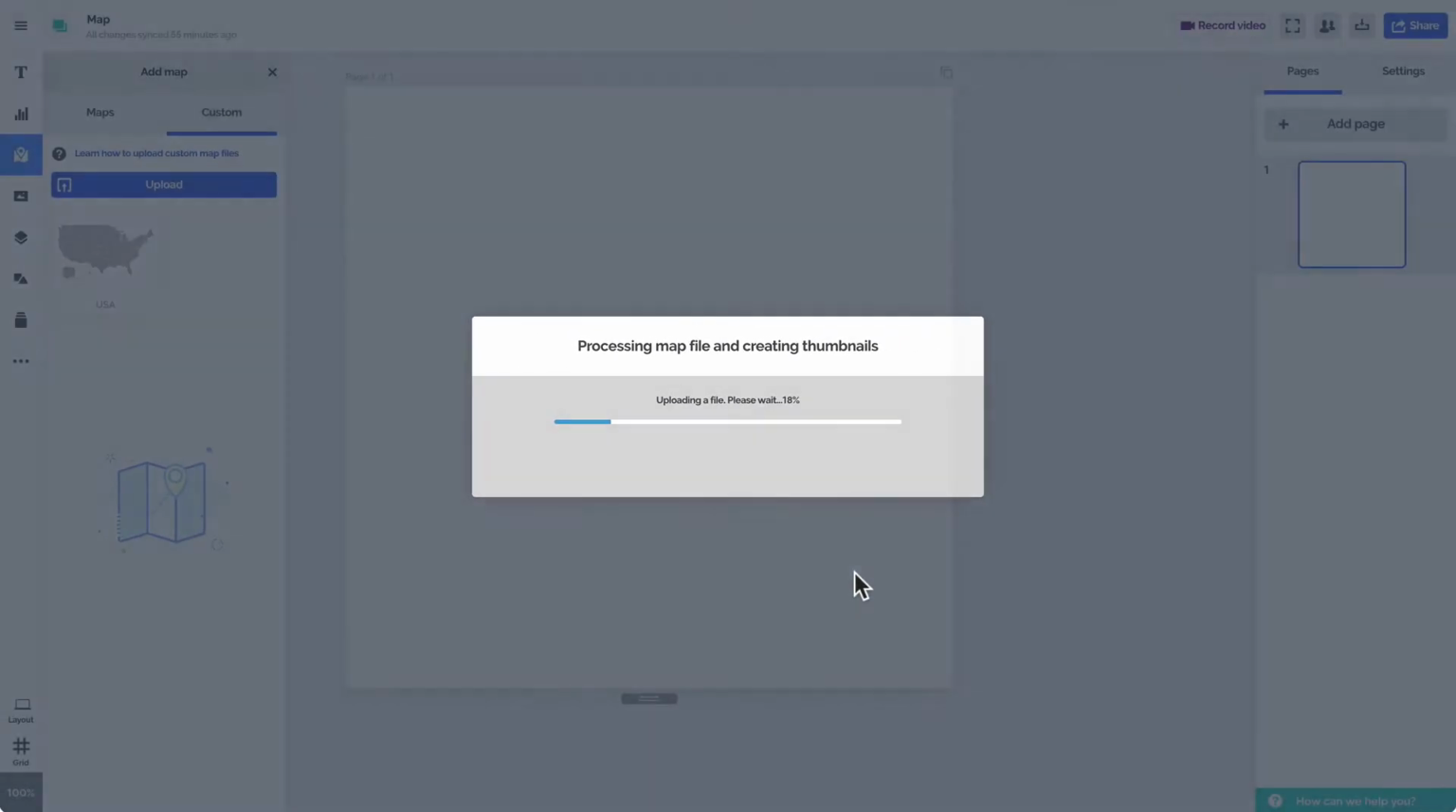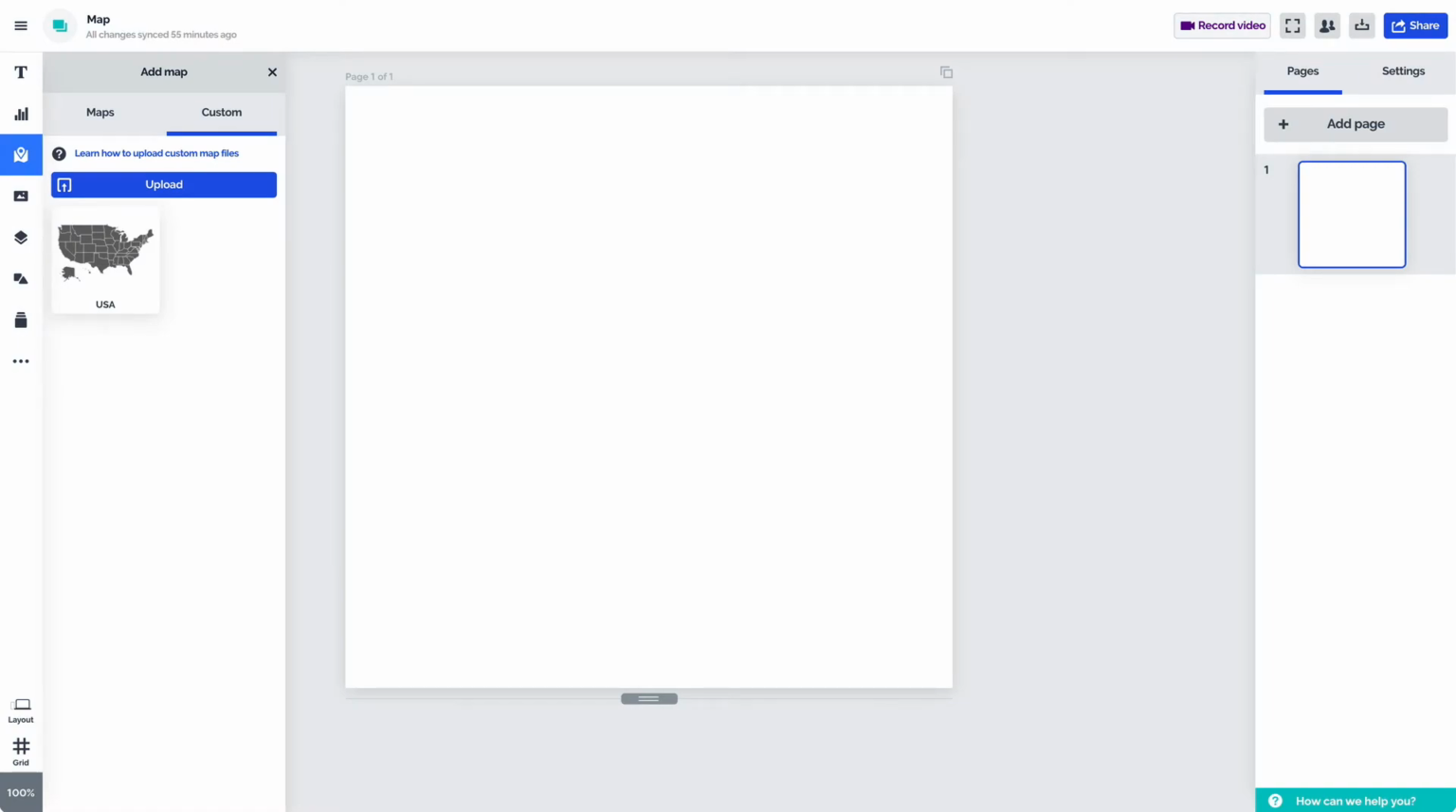Once the file is done processing, your map is ready for you and your team members to use anytime. You can access it from the Custom tab under Add Map. To add the uploaded map to a project, hover over it and select Insert, or just drag and drop it